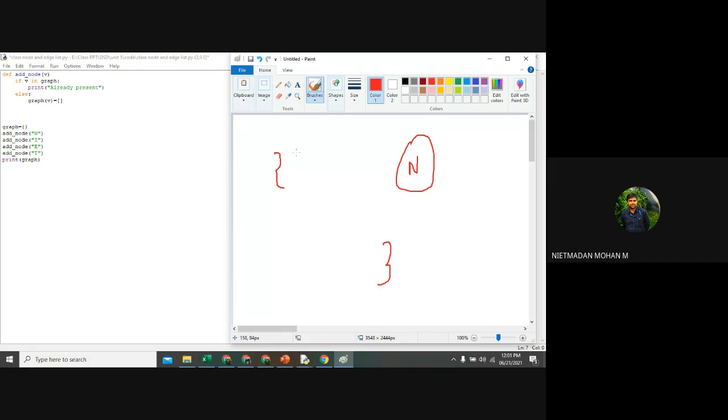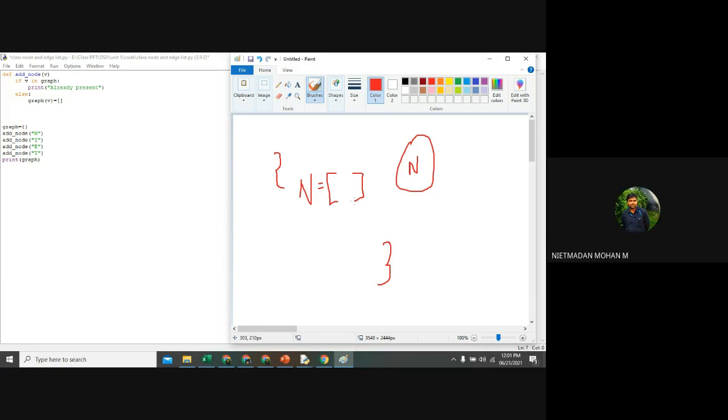So I have created graph of v. N is my key. Inside this key, I am not having any value now. So it means the adjacent node is not present here. Are you getting this?